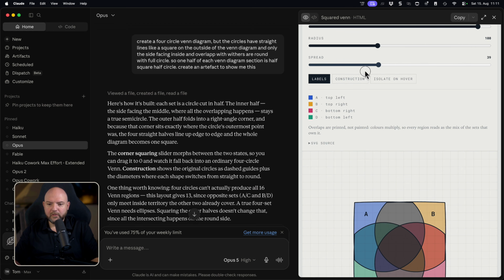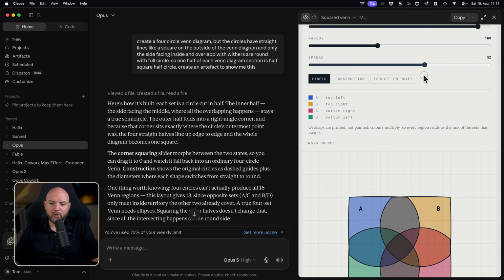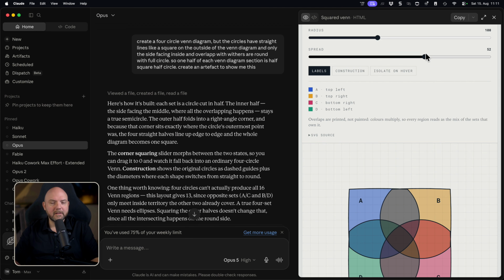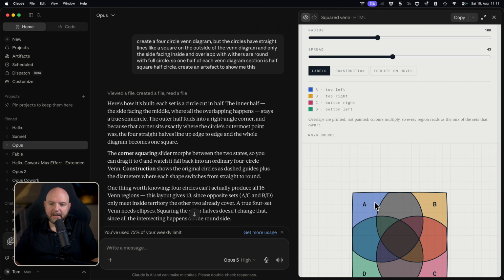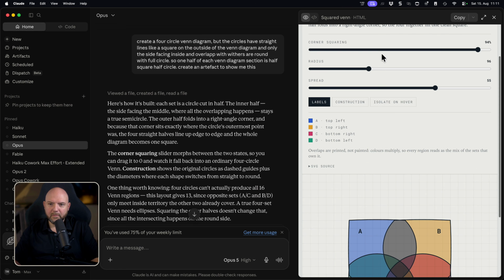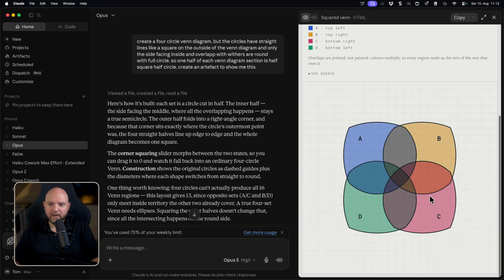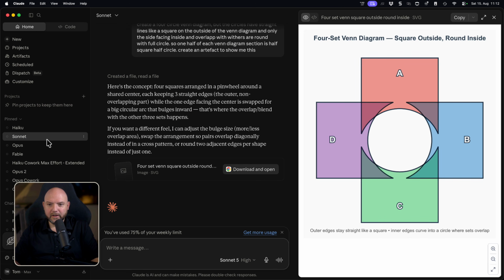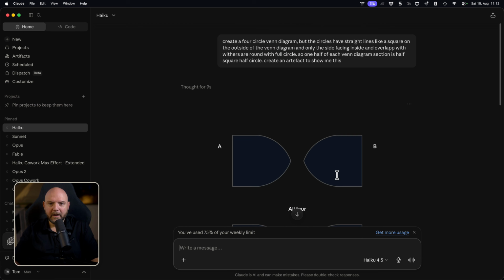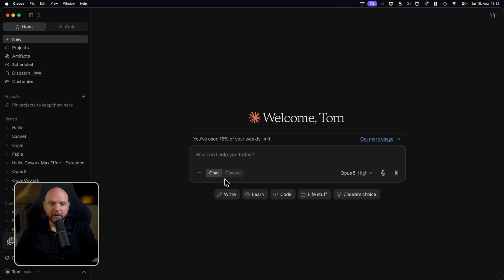So Opus not only understands what a Venn diagram is, but there are also different parameters that actually decide how much space the overlaps have, and this allows me now to change these things to my liking and have it now in the square format or something in between and so on. So what a huge jump this is from Sonnet and obviously from Haiku. And this is all run inside the Claude chat.